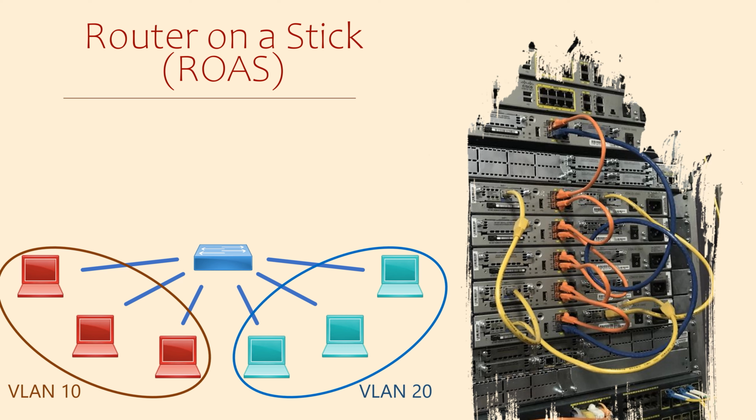As we know, devices in different VLANs can't communicate with each other directly. They need a router's help. So we add a router, but which VLAN does it go in? It needs to be in both VLANs. We could use a separate link for each VLAN, but there's a more convenient way. We create one link, which is a trunk link. The trunk link carries the traffic for both VLAN 10 and VLAN 20. Notice that while routers focus on layer 3, they still support layer 2 functions. We could even configure an EtherChannel here if we wanted to.